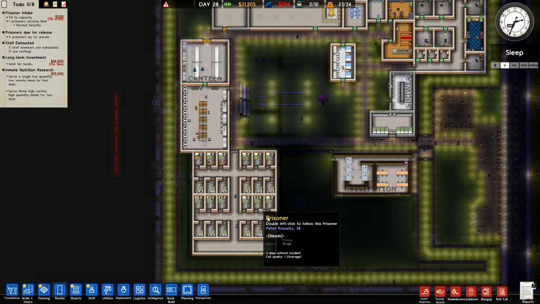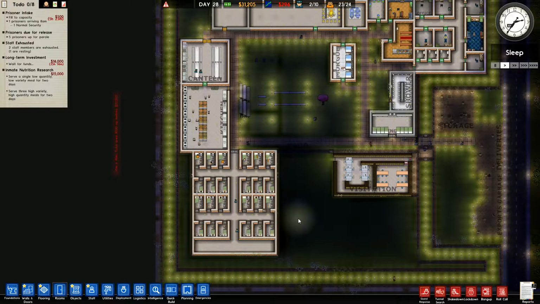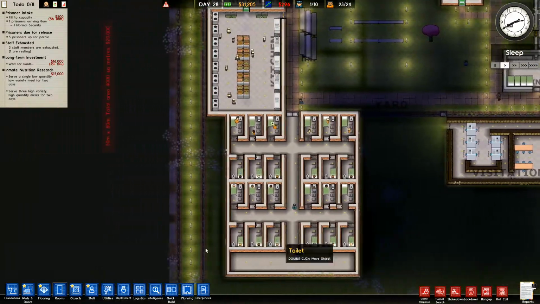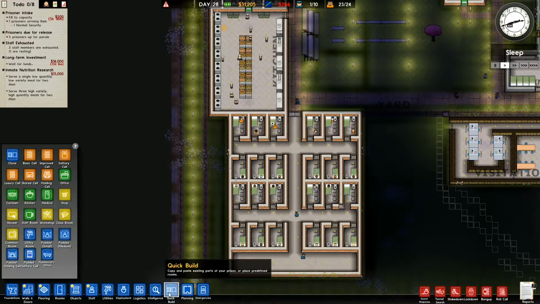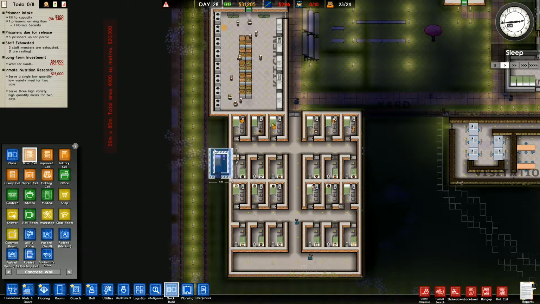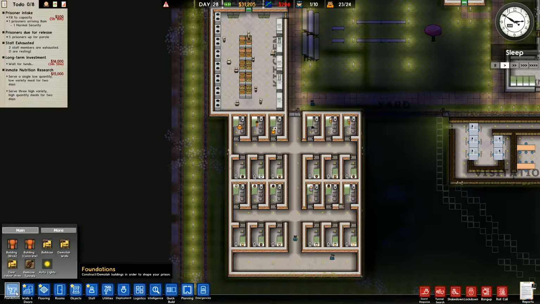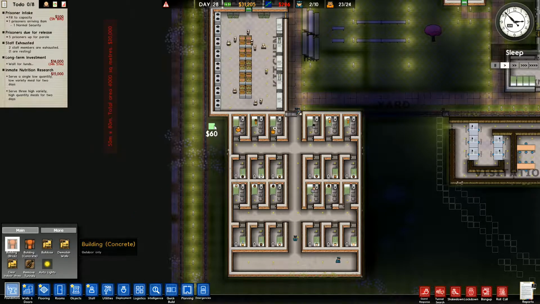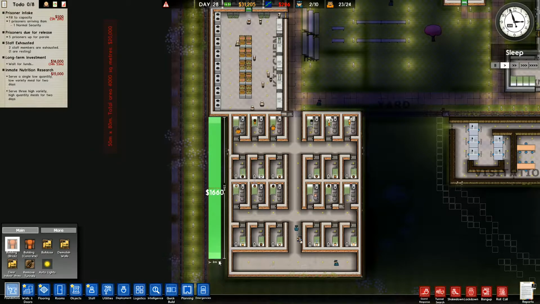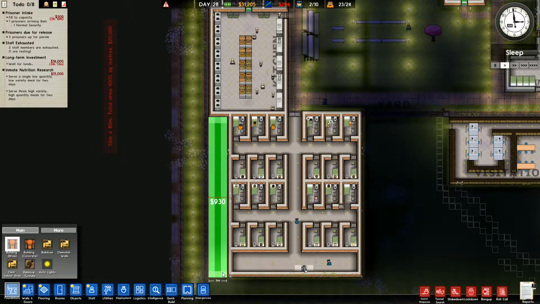So like this one here, then we'll have a low security block, and that's going to be luxury cells. We're going to have luxury cells in our prison. I've decided that I am going to do it. Quick build, basic cell, which is what we have right now. I can drop that one on there. I do need to put foundations in, so we go with that. We go brick building in here, and I will drop that down there